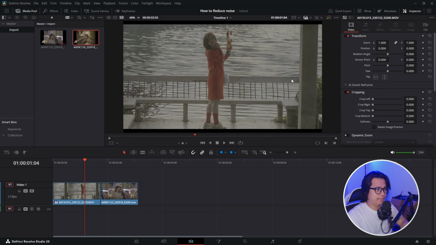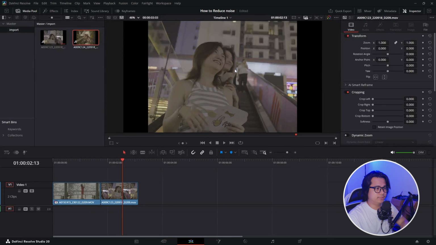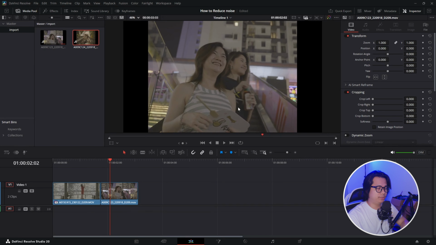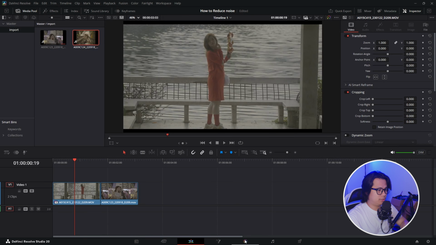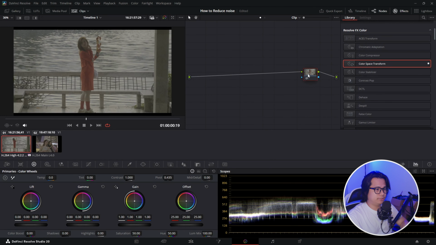Because this shot, I actually shot this very close to sunset, so I'm losing a lot of daylight and this looks a little bit gloomy. And in this scene, this is just purely a night scene and the only light source is a little bit of lights around us. So we're just gonna jump into the color page,